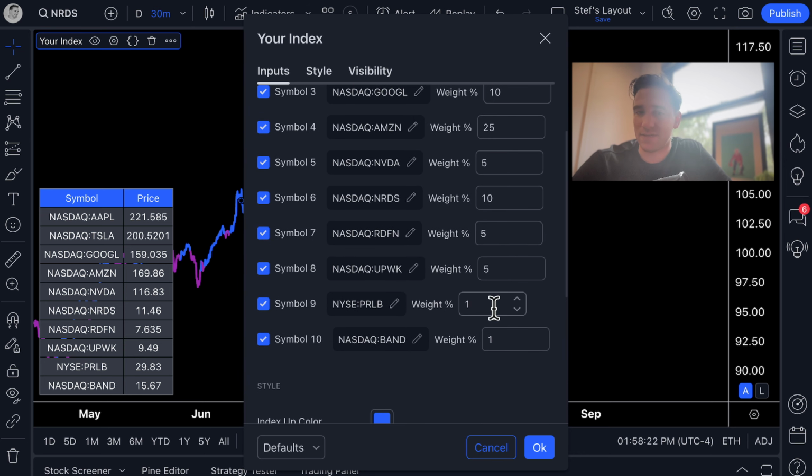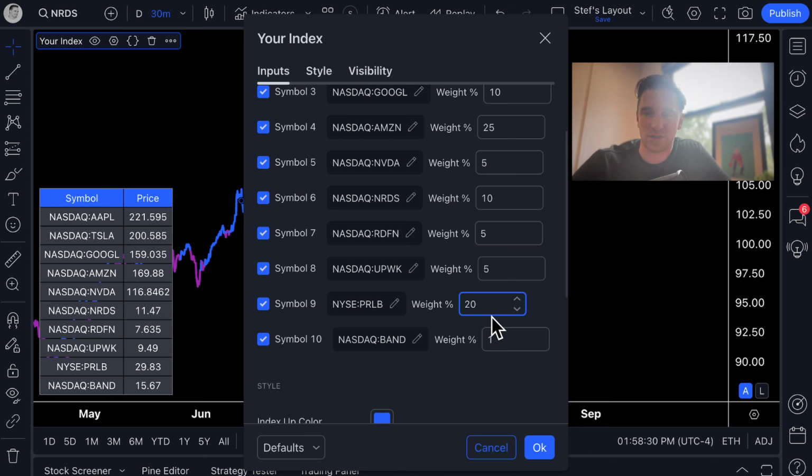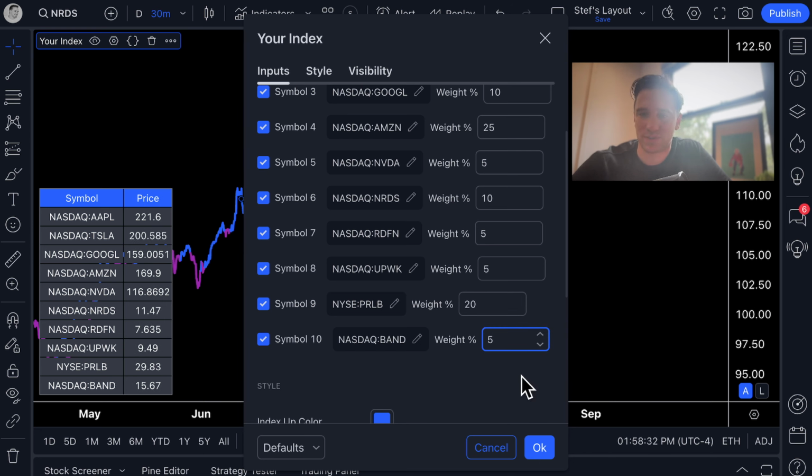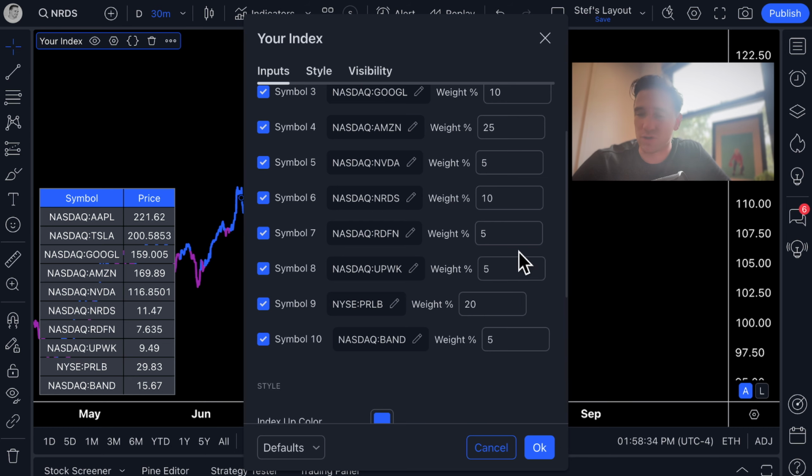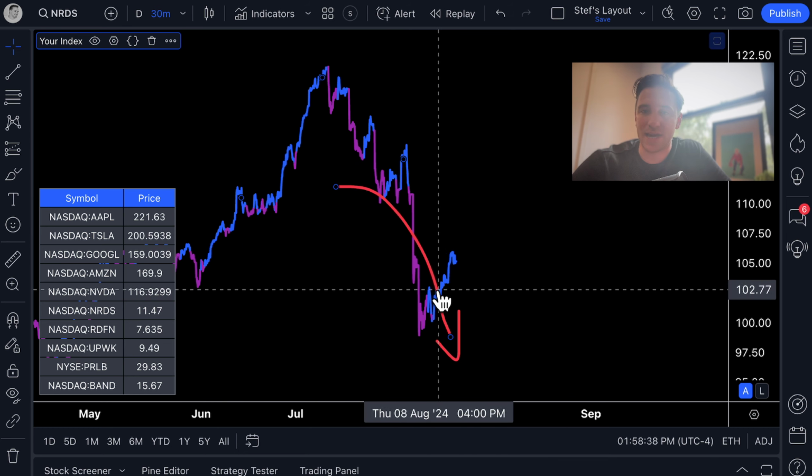So we're at 75% with 2 symbols left to go. So why don't we do 20% here to get us to 95%, and then 5% takes us to 100. So 100% of our allocation now has been weighted across all of these symbols, and look at the difference in